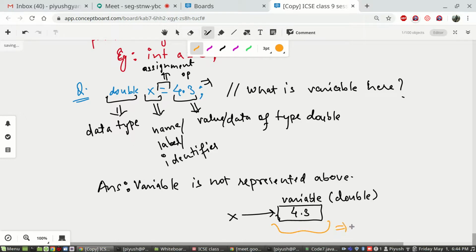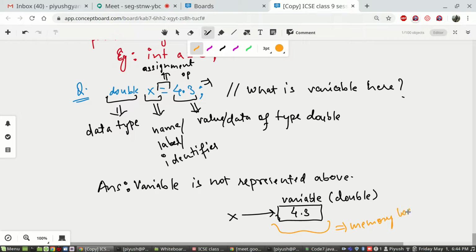If somebody asks which one is the variable in this line, you say the variable is not there. However, we have here x, which is labeling that, enabling us to access that memory location. That is x. So a variable is the memory location towards which x is pointing.